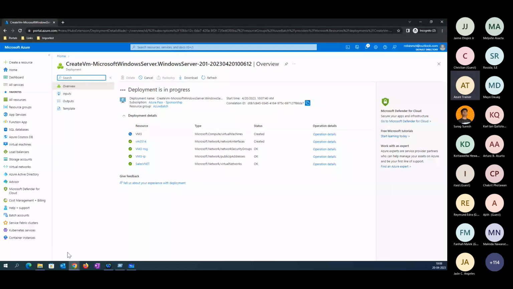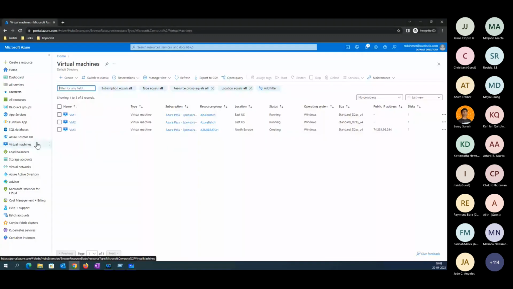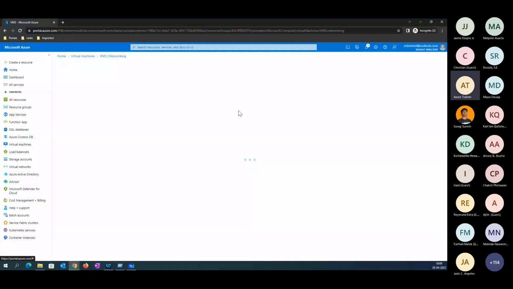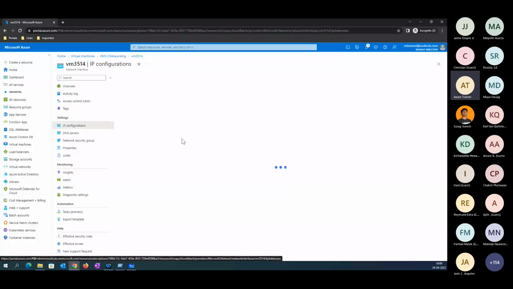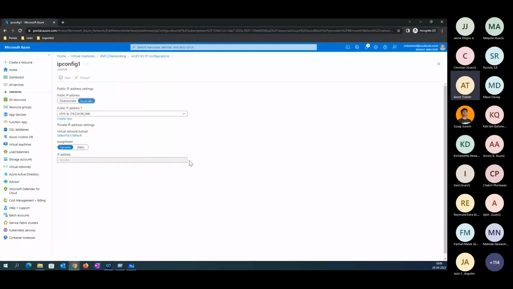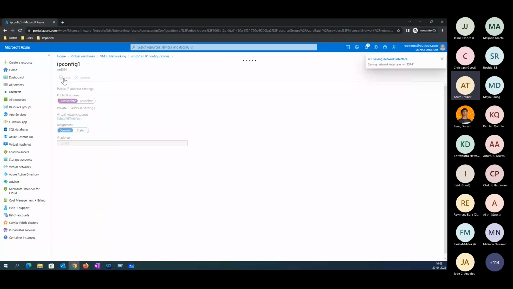You can see three VMs have been created: two in the East US region and one in North Europe. I have to remove the public IP address from here too. By mistake, we forgot to remove it. Let's go to the properties, IP configuration, and remove it. You can just disassociate and remove the public IP address.